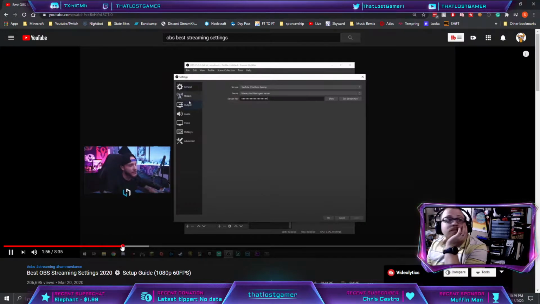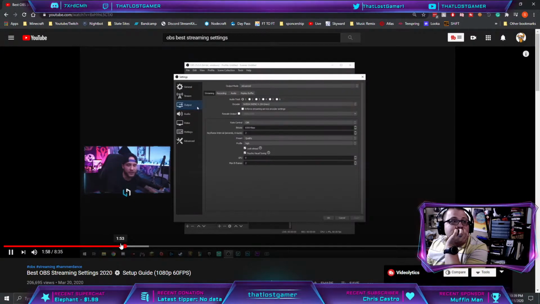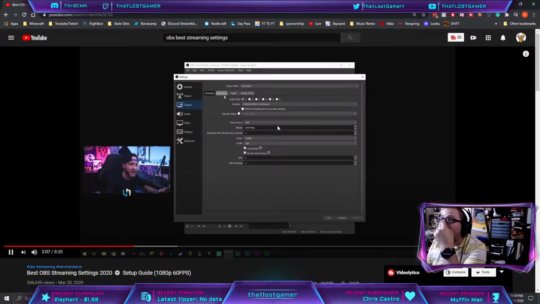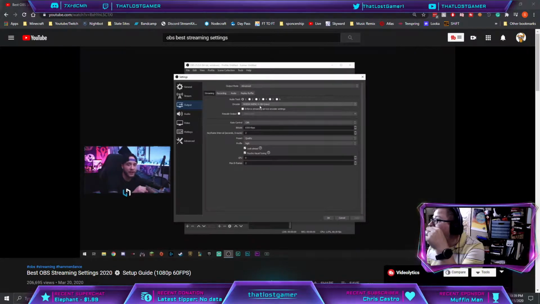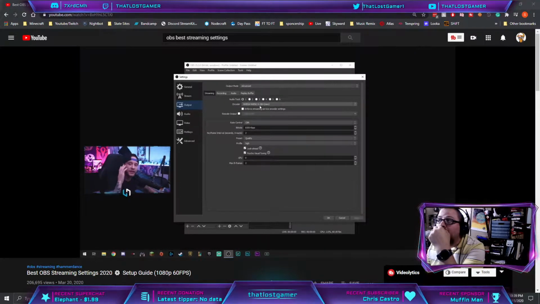Now, the next thing we're going to do here is drop down to the output tab. So here is where it gets a little bit tricky. The most important thing here is going to determine how good your stream looks and how well your PC performs while you're streaming. So we're going to choose our encoder. Now, I'm using the NVIDIA NVENC H.264 new encoder because I'm using my GTX 2070 Super graphics card to encode